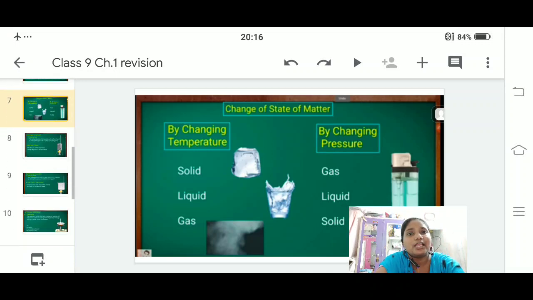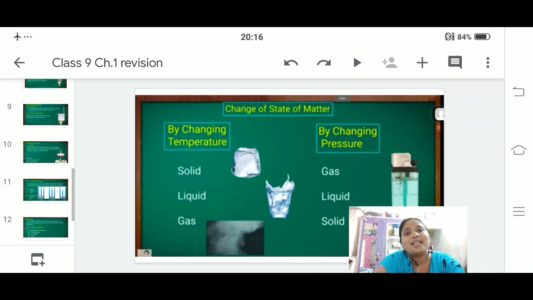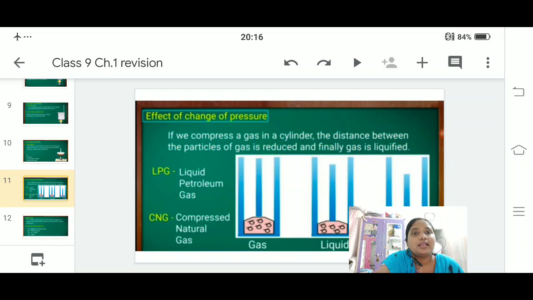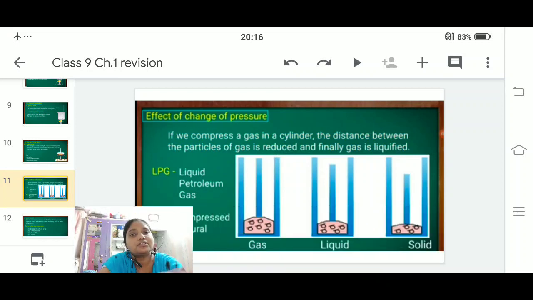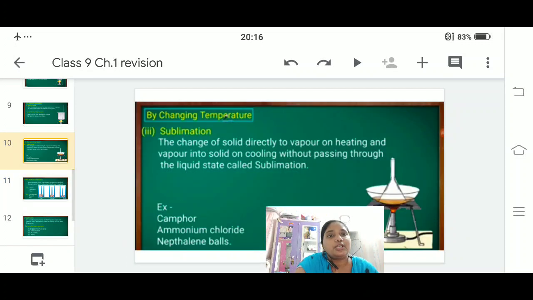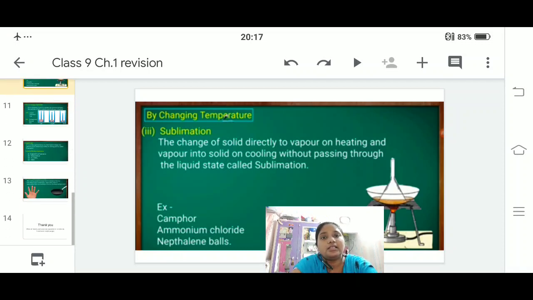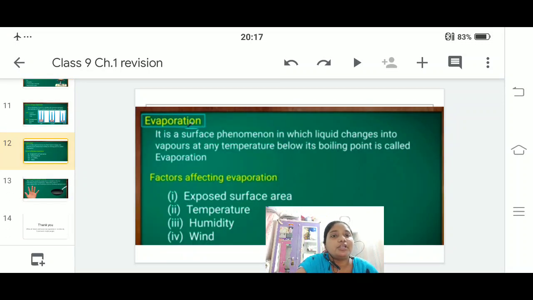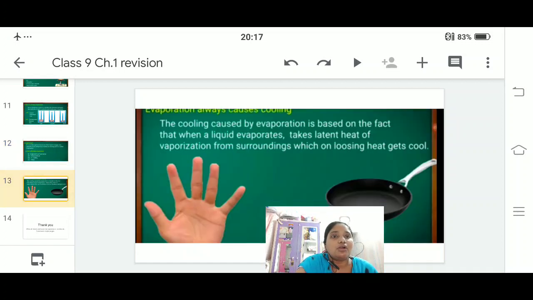After that, effects of pressure on three states of matter, solid, liquid and gas. The next one you need to learn is sublimation. And the last one is evaporation, effects of evaporation and the cooling caused by evaporation.